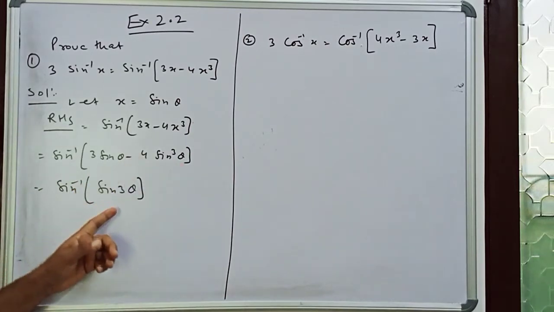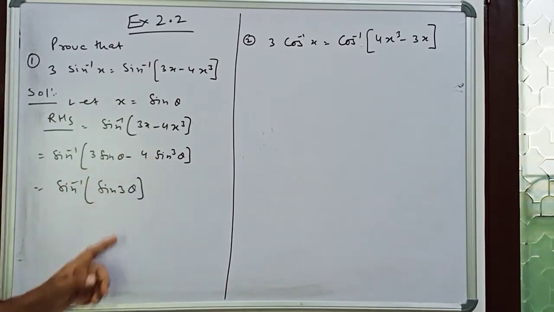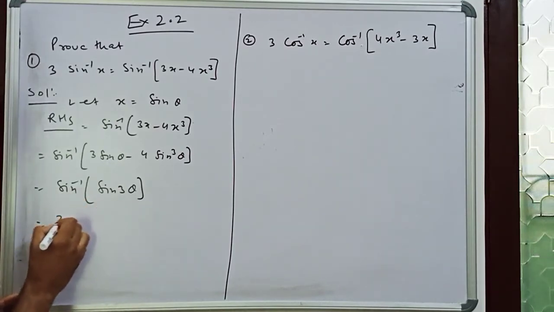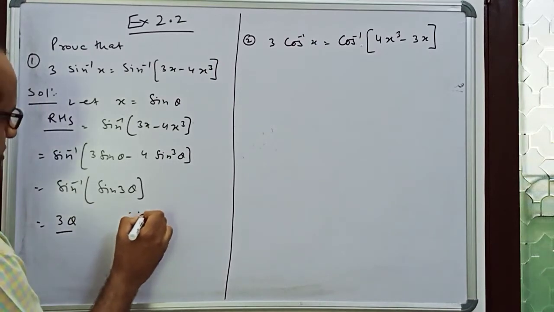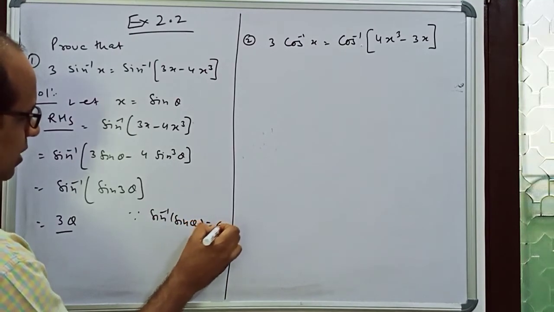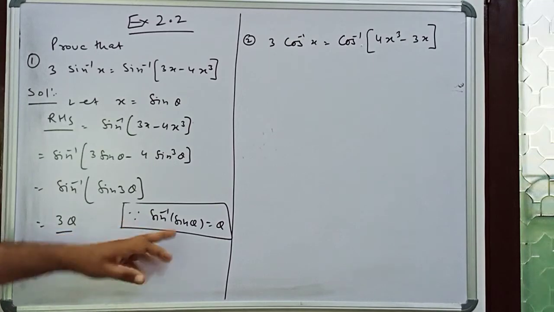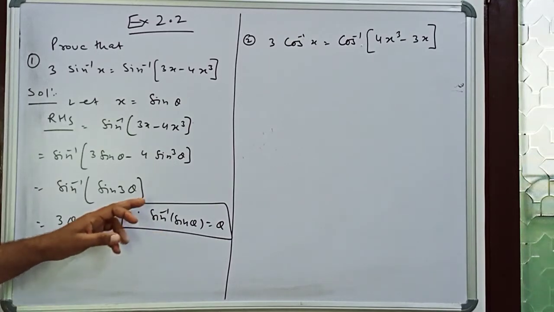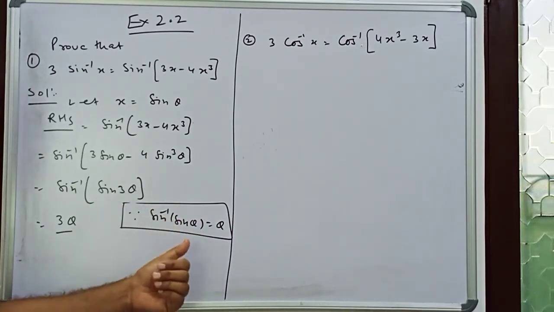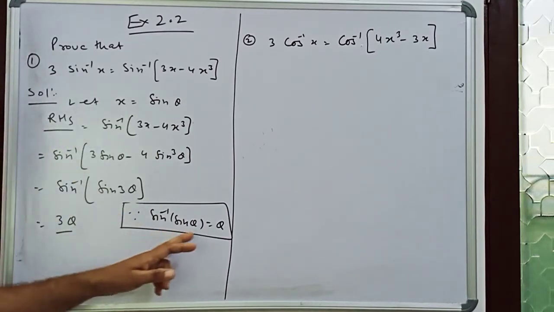You have read this formula in the 11th class, that sin 3 theta is this, or this equals sin 3 theta. And in the next step, sin inverse of sin 3 theta is 3 theta. Here we are using the formula sin inverse of sin theta is equal to theta. This is an identity, you have to learn this identity. And this applies for all the others also, that is cos inverse of cos theta, tan inverse of tan theta. The important part is that theta must be in the domain of the sine function.